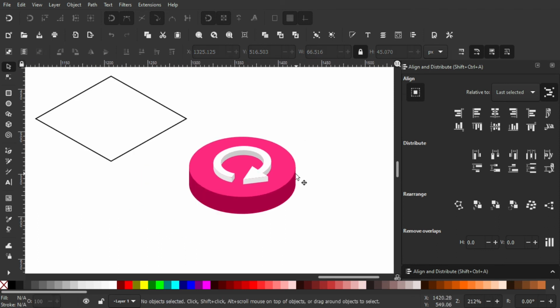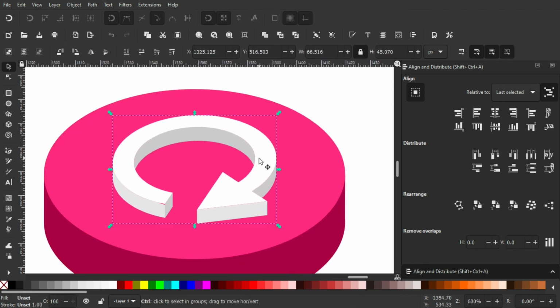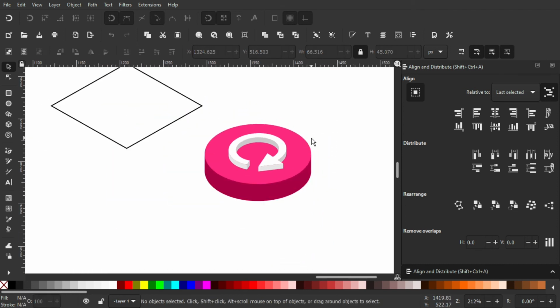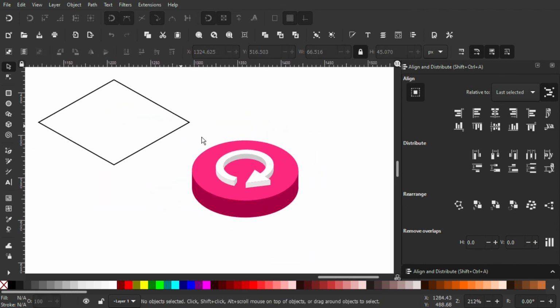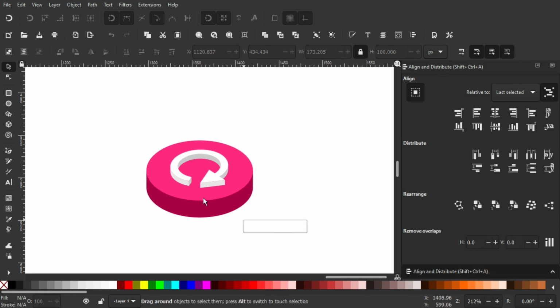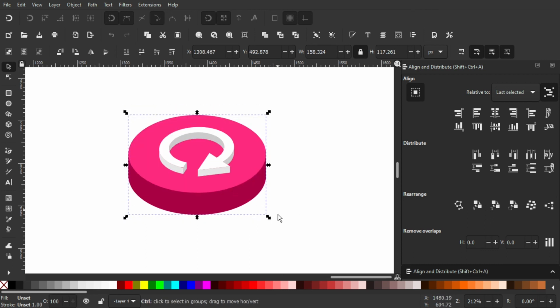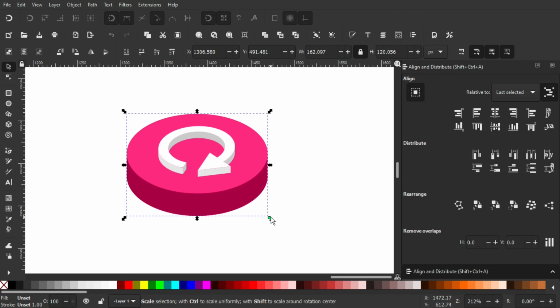So it's looking perfectly in the middle, but not to the right. And we select that, press Ctrl and drag it to the right a little bit. So we have something like this. And yeah, with this object over here, just press delete. We don't really need that anymore. So select both, Ctrl+G to group them together. So yeah, in the end, you have something like this isometric replay icon using Inkscape.